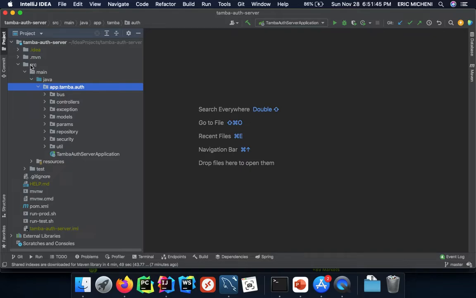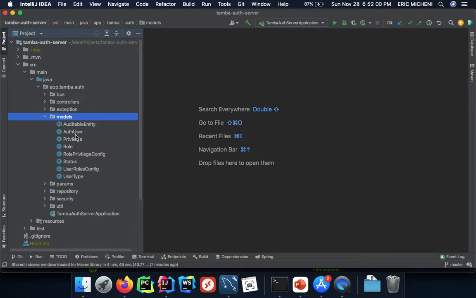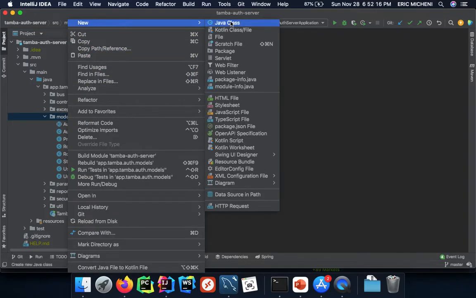Is our project. We are now in the source, main, Java, and then our project class path. So in simple terms, we'll start by creating a model. A model is basically a table in our database. So for example, let's say we want to create a post. We want to create a blog. So blog will come and create our new